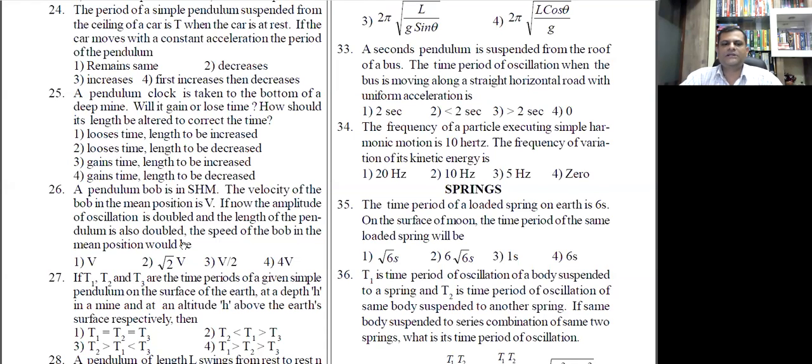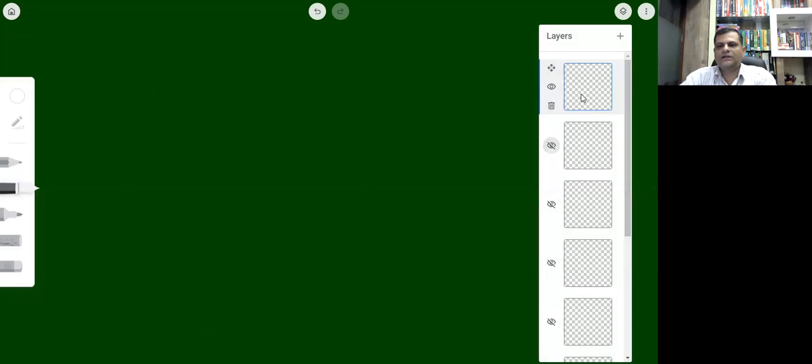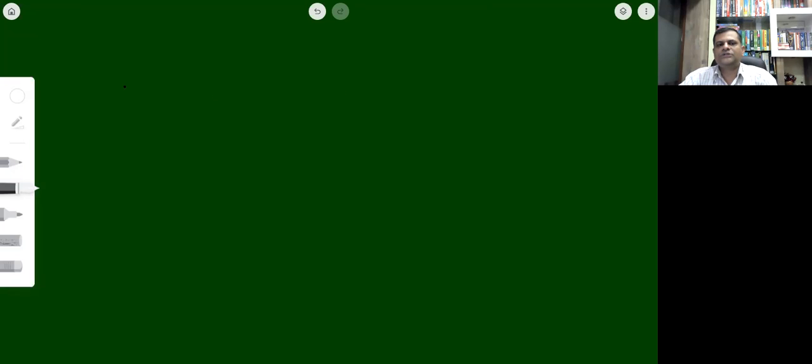Yes, अभी देखो एक बात ठीक से कि एम्पलीट्यूड को डबल करने से और लेंथ को डबल करने से स्पीड एट द मीन पोजीशन, मतलब ये मैक्सिमम वेलोसिटी के ऊपर क्या इफेक्ट होता है। एक बात सुनो कि तुमको पता होगा कि पेंडुलम के बारे में हमने ऑलरेडी ये प्रूव करके रखा है कि ओमेगा एक्चुअली रूट g बाय l होता है। याद है ये बात? अगर नहीं पता तो ये लिख के लो और ये याद करके रखो ओमेगा, और तुम निकाल भी सकते हो ऑन द स्पॉट कभी भी, क्योंकि पीरियड का फॉर्मूला क्या है, पेंडुलम का पीरियड इज इक्वल टू 2π